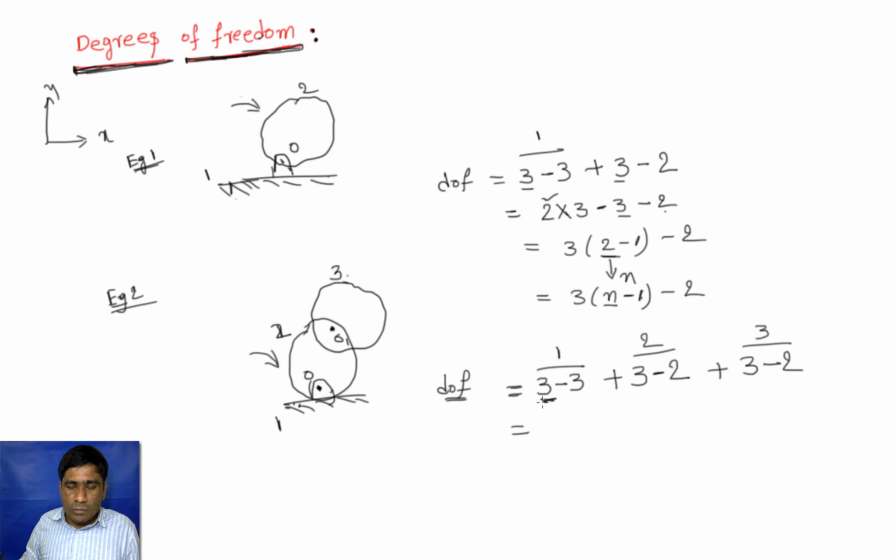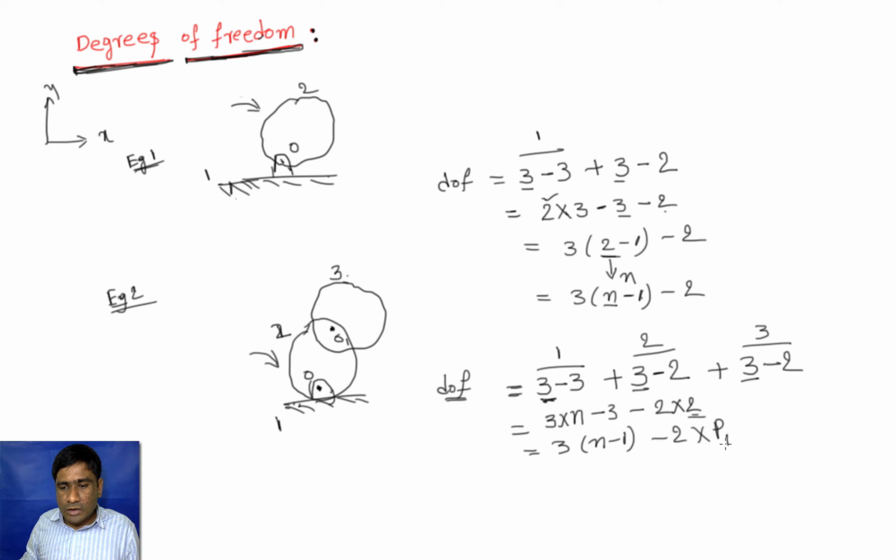So this is the 3 degrees of freedom for body 1, 3 degrees of freedom for body 2, 3 degrees of freedom for body 3. So we have 3 bodies, so that's why 3 into 3. So I can write 3 into n, where n is the number of links, minus 3 minus 2 into 2. So 3 into n minus 1 minus 2 into, here I would like to write one more,